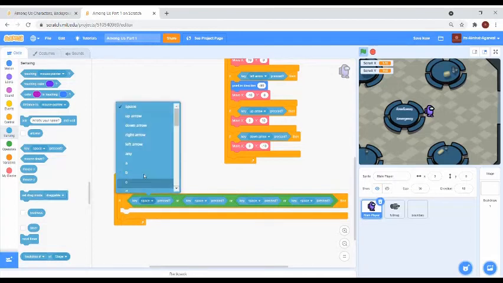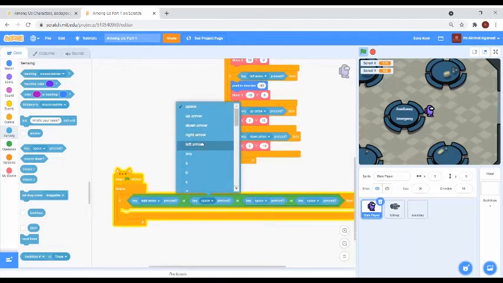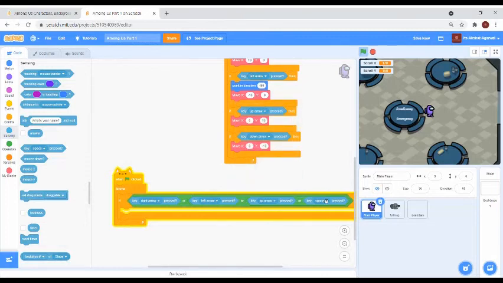And we will keep it as right, left, up and down.